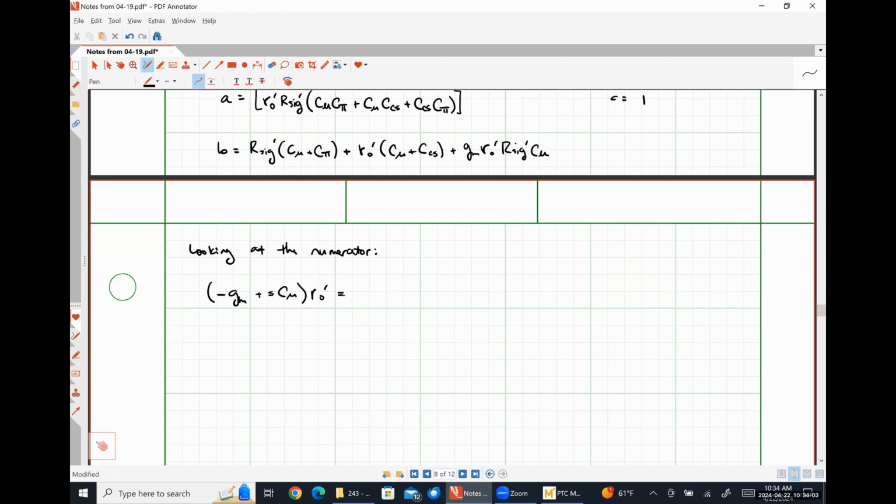So I'm just going to distribute that R naught prime. So that's going to be negative gm R naught prime plus s R naught prime times C mu. And now